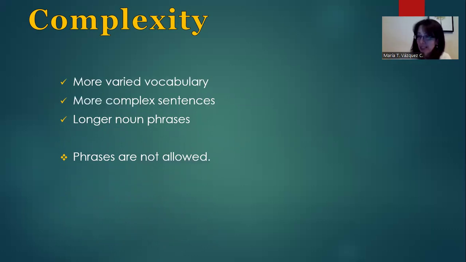And in those complete sentences, we cannot write all the time simple sentences, because when you write a lot of simple sentences, it gives the impression that you are a beginner. So your sentences should be more complex with more subordination clauses that start with which, who, that, coordination of ideas. The noun phrases should be longer, as we have here.